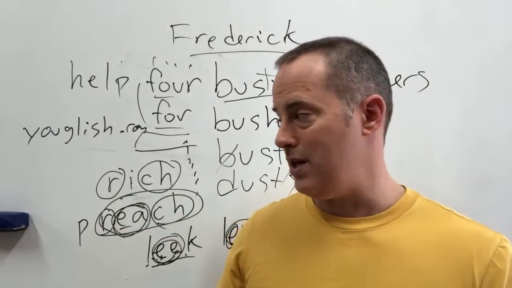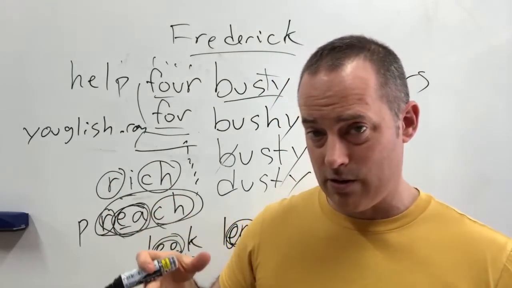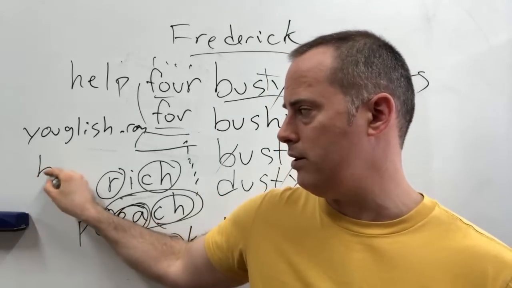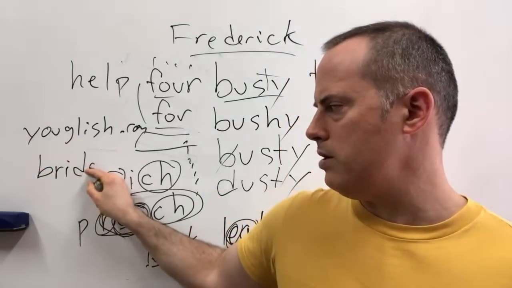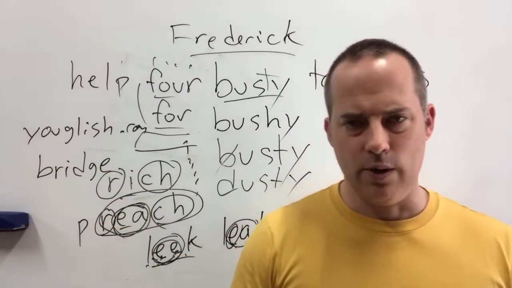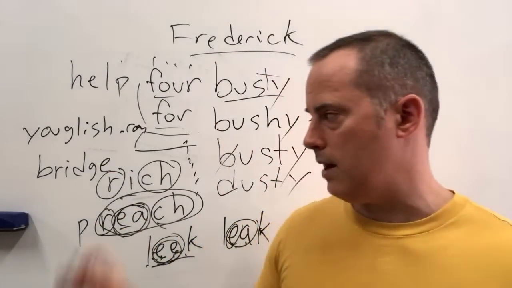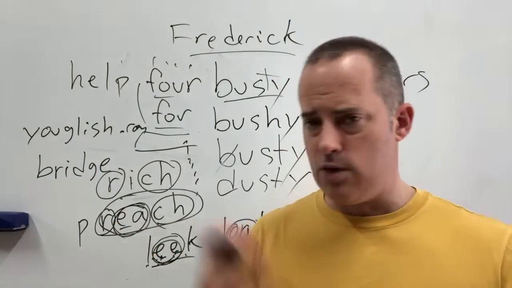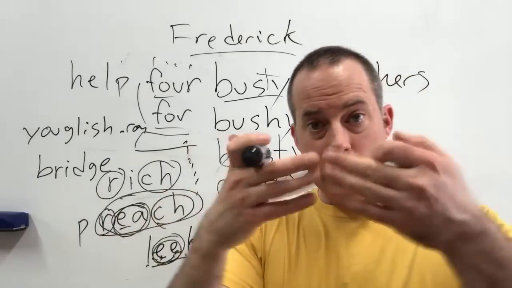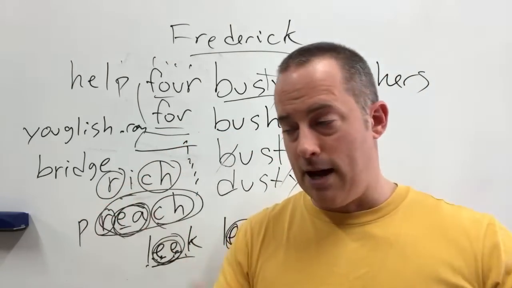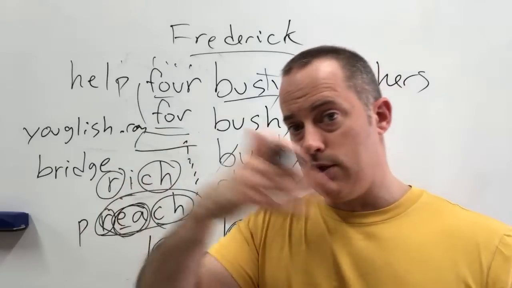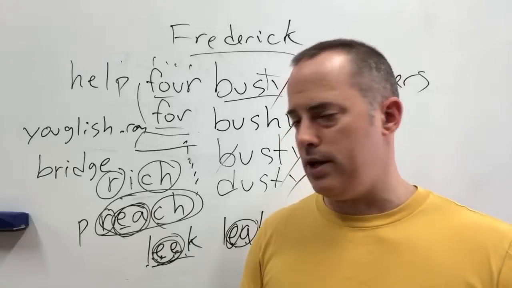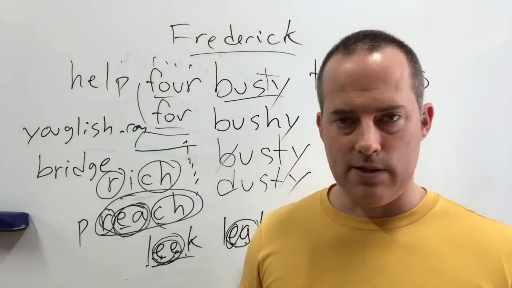Another thing I do is if you do a Google image search, so not a regular Google word search, but an image search. So let's say I hear the word bridge, and I don't know exactly what that means. I do a Google image search for that, and I will probably find lots of pictures of bridges. And so this is a physical thing, but you might find maybe a bridge between two people. That's the same idea about a bridge as well, like a bridge between cultures or something. So something might not necessarily be a physical thing, but would still have some kind of images associated with that.